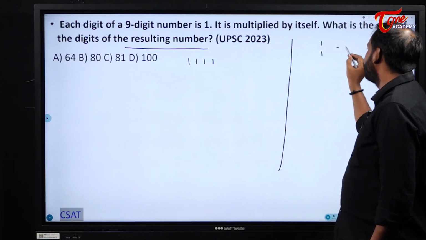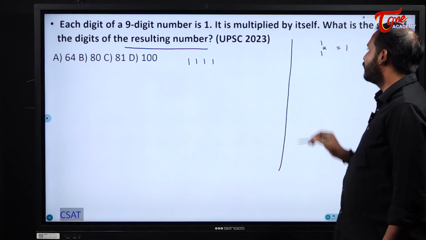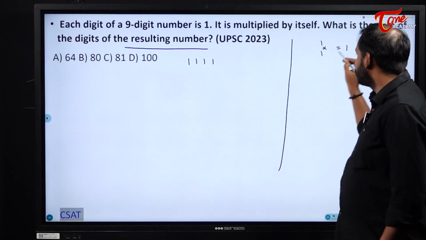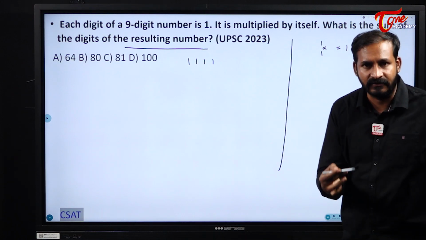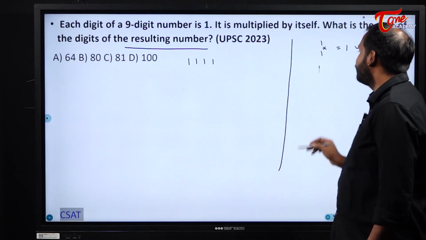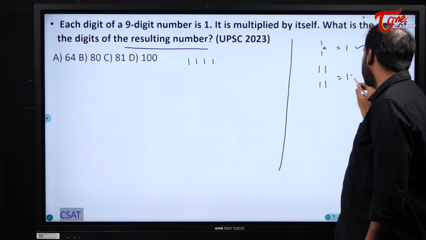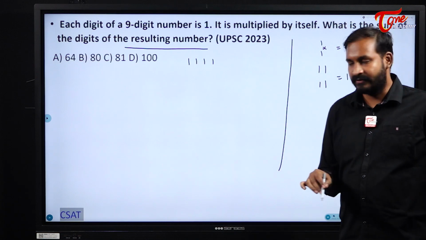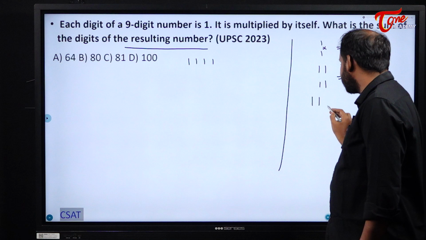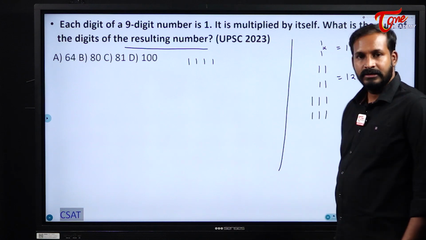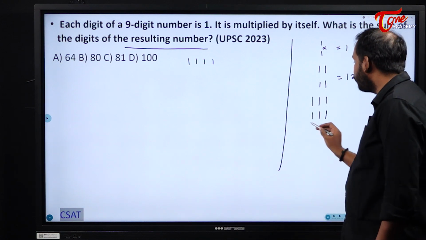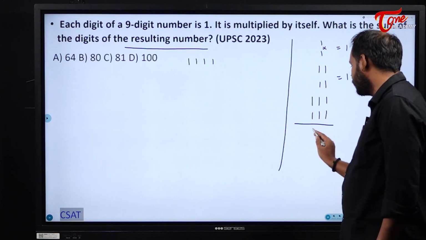1 ones are is what? 1. When I multiply 1 with 1, what is the answer I am getting? 1. So the sum is 1. We will try to observe what is the output we will get. When I multiply 2 ones with 2 ones, 11 11s, what it becomes? 121. When I multiply 3 ones with 3 ones, what is the output we will get? Just for your knowledge sake, 111,